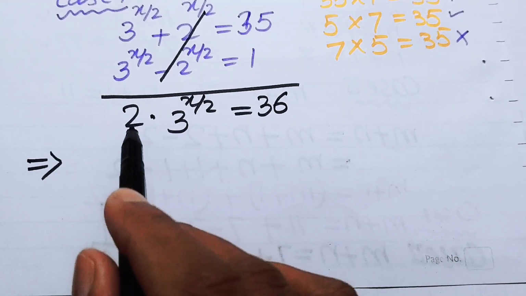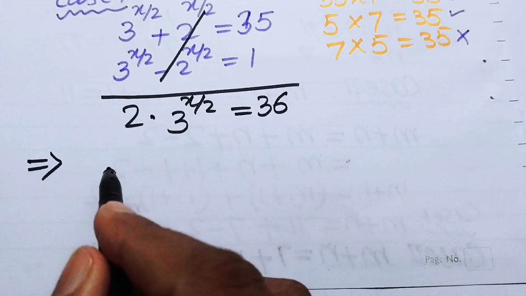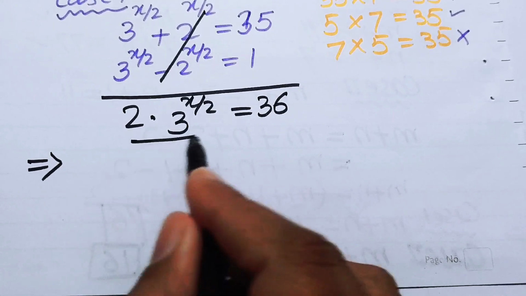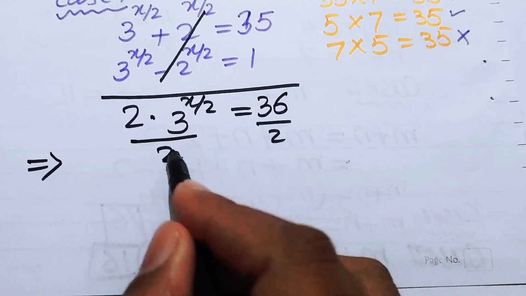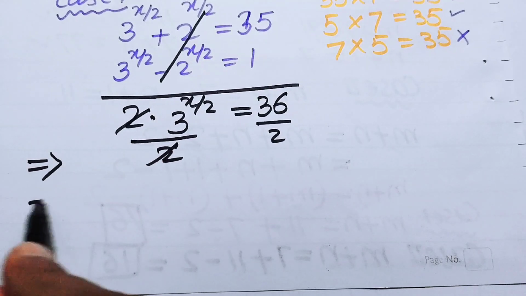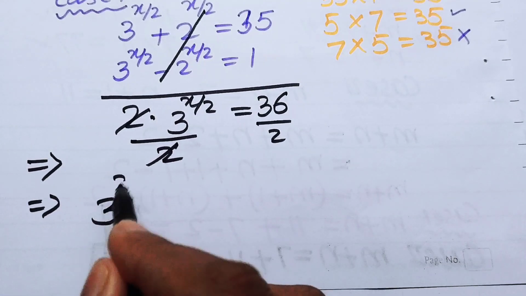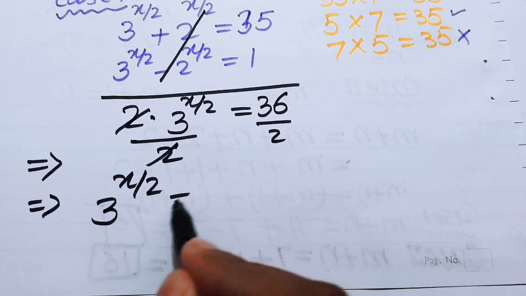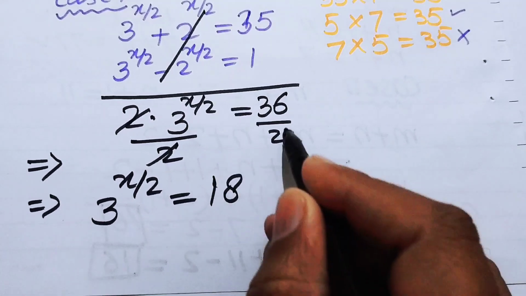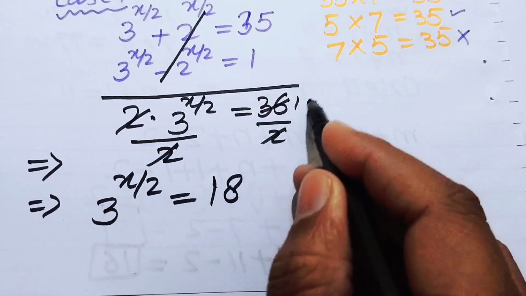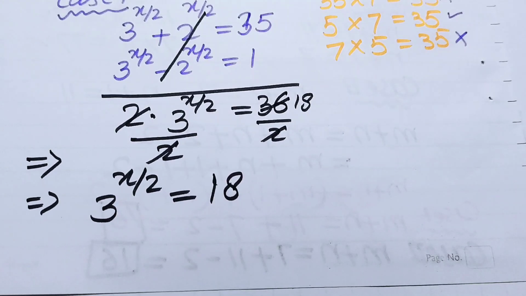So now we first divide both of the sides by 2 in this way. So this 2 and 2 are gone, and we obtain 3 to the power of x over 2 equals 18. This is 2 18s are 36. So now we solve this equation and we get the values of x, so that here we need